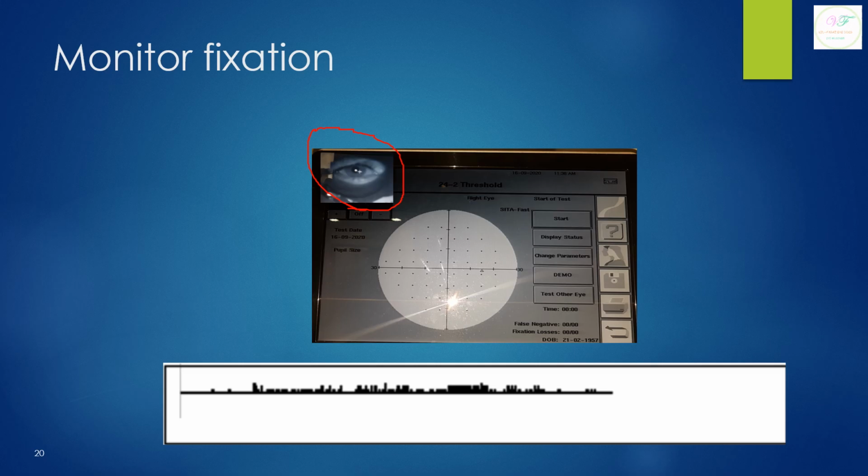for the technician to see, and also at the bottom of your report there is an eye gaze tracker which is going to give you the amount of deviation of the eye gaze. And the other thing is the blind spot, which is done in this test, where we are going to fire impulses at the blind spot. Ideally the patient should not see that, but if the patient is responding to that, then it is counted that the patient is not fixing properly.